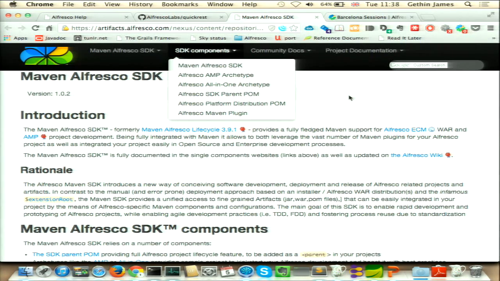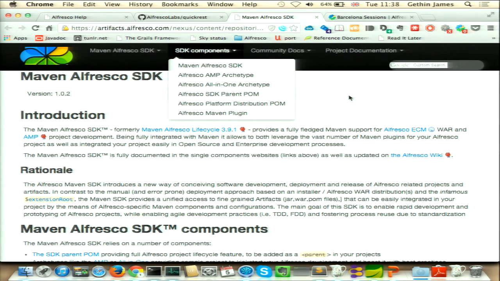For those of you who don't know what an AMP is, it's an Alfresco Module Package, which is basically a fancy name for a zip file, but in a slightly special format. It's got a module properties file in it. There are some advantages to using AMPs in that if you build an AMP, then you can just deploy it on any other Alfresco instance. It's self-contained, and it's a fairly well understood method of packaging your code. So today we're going to have a look at the Alfresco AMP archetype,